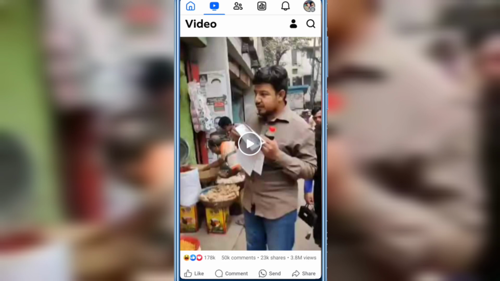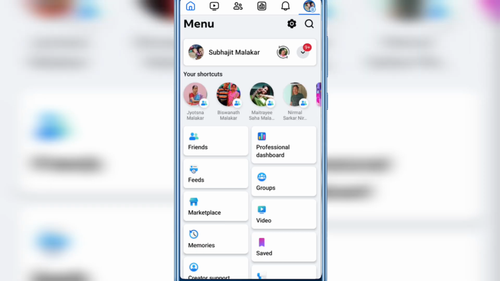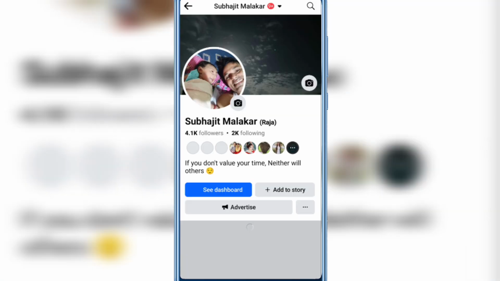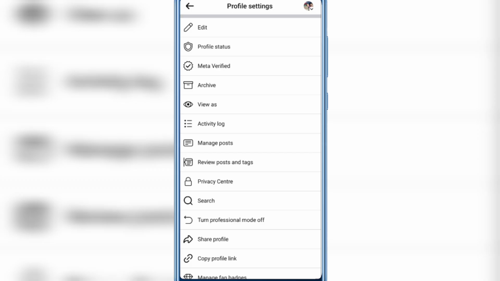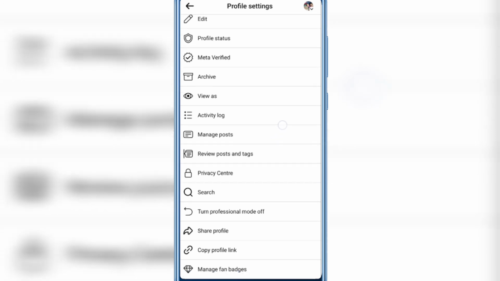So first open Facebook account, then log into your Facebook account, then click profile picture icon on the top right corner here, then click your profile picture icon again, then click three dot next to the advertise, scroll down, and here you will see archive button. Just click on archive,